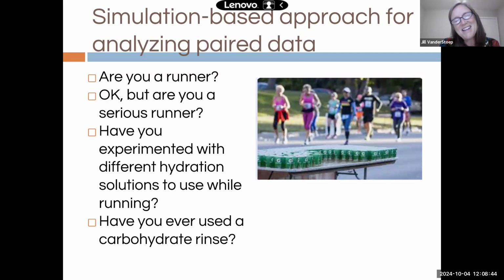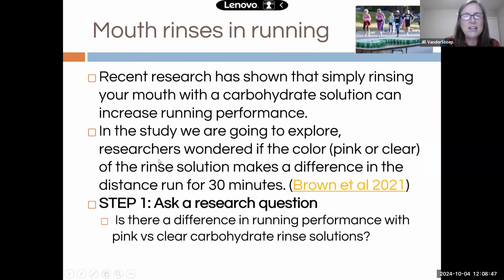So this study is looking at runners, and in particular, it's looking at carbohydrate rinses. Research has shown that if you simply rinse with a carbohydrate solution, you're going to increase your running performance. So in the study that we're going to explore, researchers wondered if the color, in this case pink or clear, of the rinse solution made a difference in the distance that they ran for 30 minutes. And I'll say that the carbohydrate solution was the exact same chemical, nutritional content in both of the solutions, just